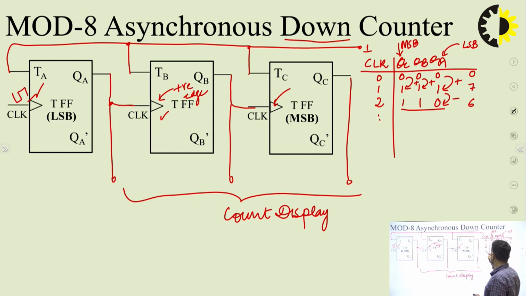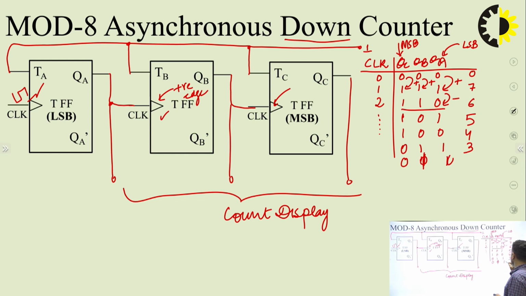Similarly, if we proceed further, we will be getting 1, 0, 1, 1, 0, 0, 0, 1, 1, and 0, 0, 1, which is 5, 4, 3, sorry, here it will be 1 and this will be 0, 2, 0, 0, 1 as 1, and last, if this will be the third pulse, this will be the fourth pulse, fifth pulse, sixth pulse, seventh pulse, and again if I apply the eighth pulse,